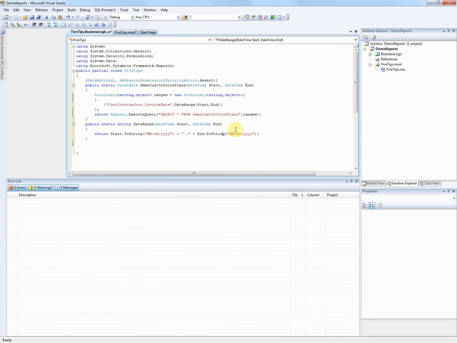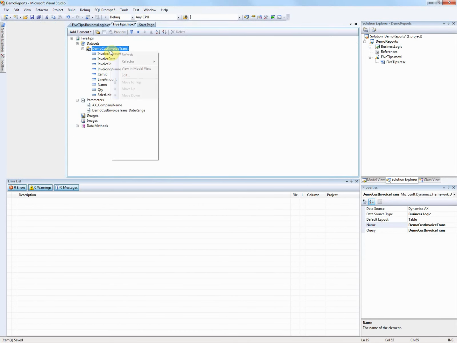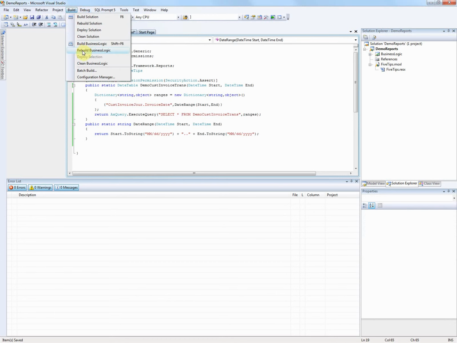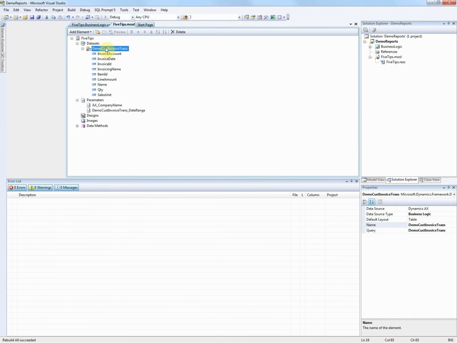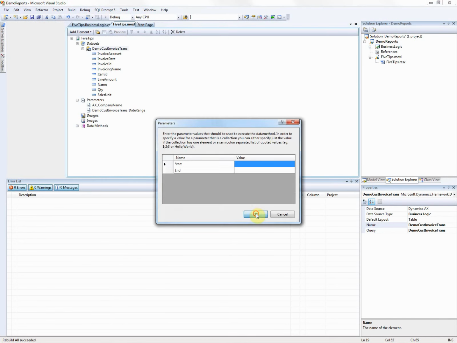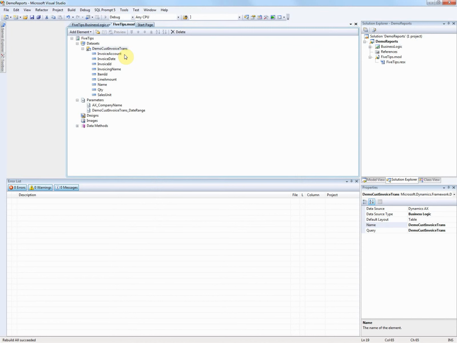And now we should get, when we rebuild the business logic and refresh the table, now it's asking us for a start and an end. We should notice once that refreshes that we get two new parameters here. We can just delete the old one here. And those are both system.datetime parameters. Now, one additional thing you may want to do is support